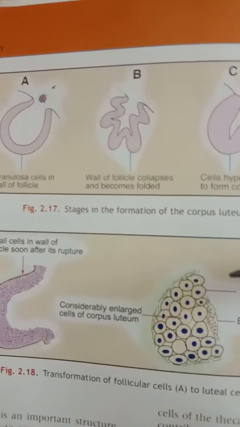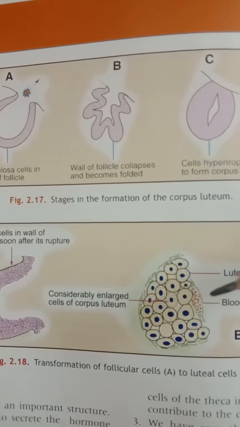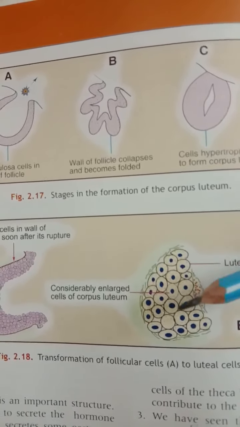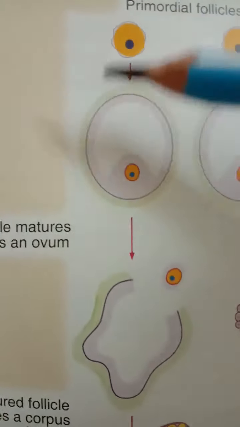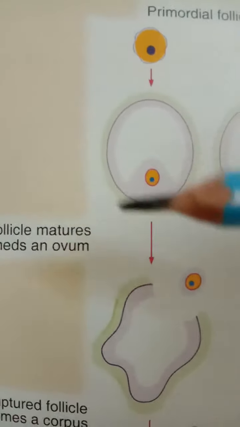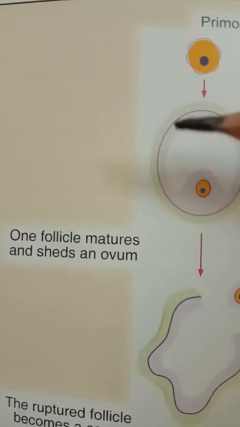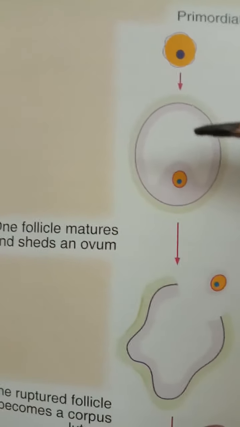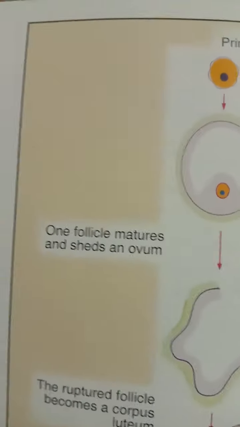Then some cells of the theca interna also enlarge and contribute to forming the corpus luteum. The corpus luteum secretes the progesterone hormone, and this secretion is poured into the blood like the secretion of an endocrine gland. The ovarian follicle itself has no blood vessels, but the surrounding theca interna is full of them, and when the corpus luteum is formed, the blood vessels from the theca interna invade it and provide it a rich blood supply.